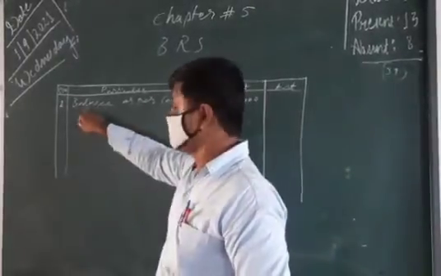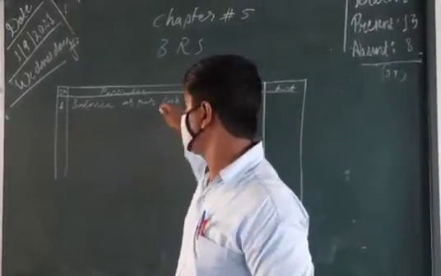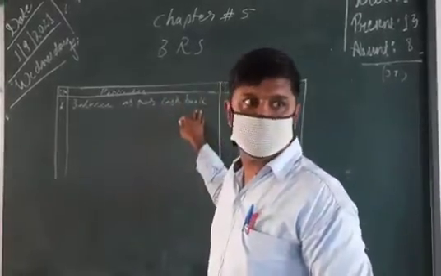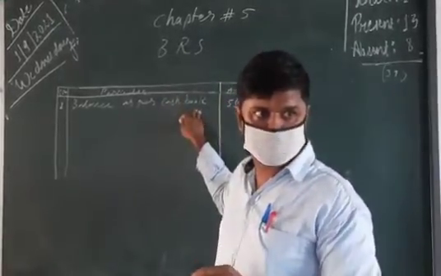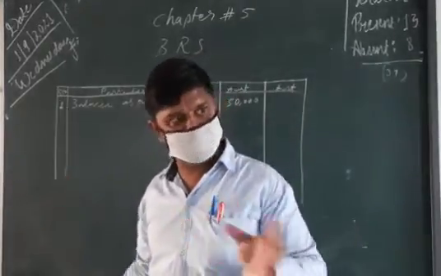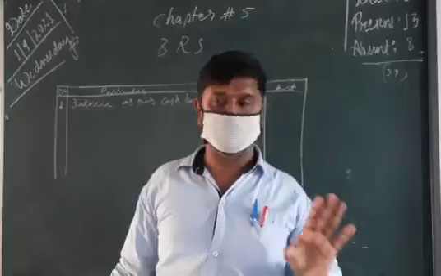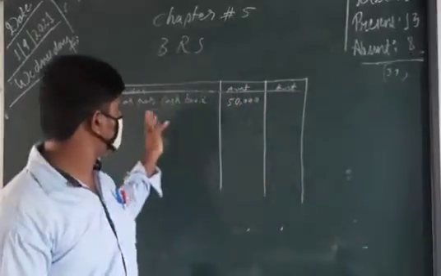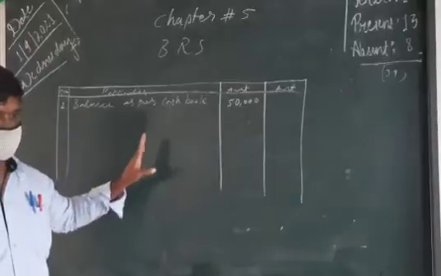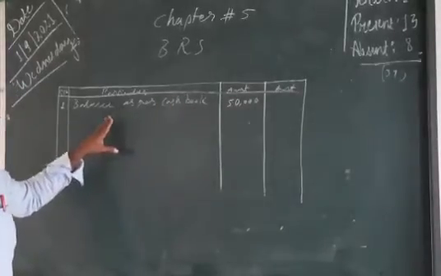That means we start with either balance as per passbook or cash book. Here in the question cash book balance is given, so we started with the cash book. We can start with the cash book or passbook. Next item, you can see that